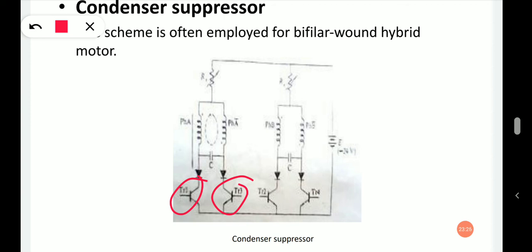If TR3 is turned on when the transient current becomes 0 and the charge stored in the condenser becomes maximum, a positive current can easily flow through the phase A winding. By this resonance mechanism, the current is used efficiently in this scheme. This feature remains in the two-phase on mode also. The condenser suppressor is suited to drives in which the stepping rate is limited to a narrow range.